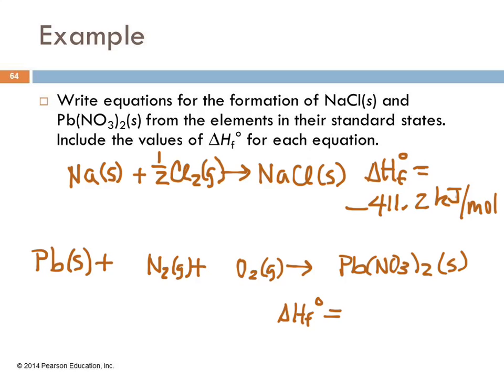And then we balance the equation. And what's a little different is we need to have this be 1. And so we only put coefficients on the left side. It still ends up being balanced though. So we look over here and we've got 2 nitrogens, right? So that one's okay. There's 1 lead, that one's okay. Oxygens, we've got 6 of them. So we need to put a 3 in there. And then we need